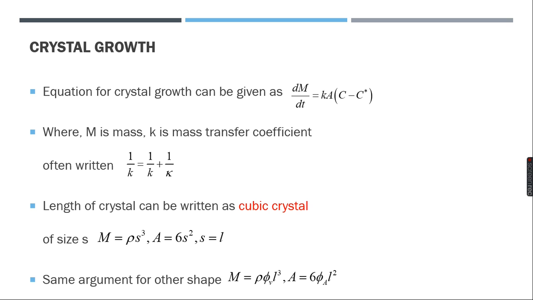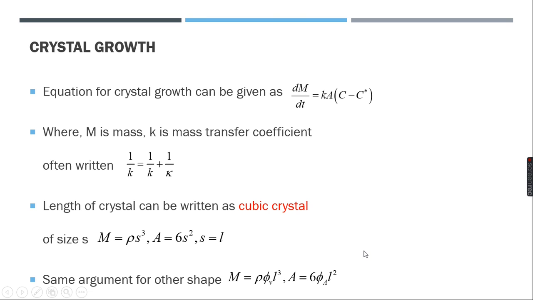So in the same way we can say the mass for any other shape will be rho times some function phi v times L cubed. So it all depends on the shape factor, what kind of crystal. So phi v is actually another parameter. For example, if it is spherical, we know 4/3 pi R cubed is the volume. So 4/3 pi is actually phi v. Similarly, for surface area, for a sphere we know 4 pi r squared. So 4 pi is a constant, of course. Phi a is the area parameter, which depends on the shape and size. L is the length of the crystal. So L squared for surface area, L cubed for mass.